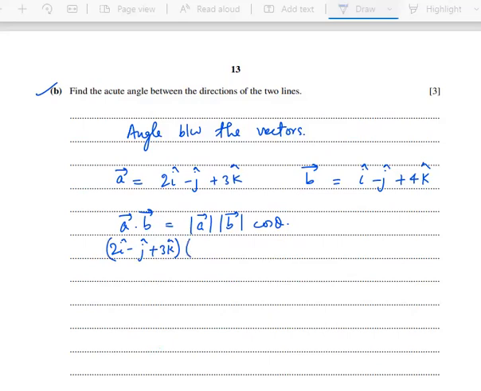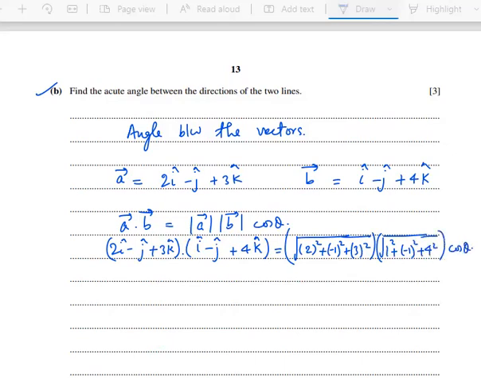Here 2i cap minus j cap plus 4k cap, this is the dot product, equals magnitude of a, which is the square root of 2 squared plus minus 1 squared plus 3 squared, times magnitude of b, which is the square root of 1 squared plus minus 1 squared plus 4 squared, times cos theta. All right, so 2 into 1 is 2, minus 1 into minus 1 is positive 1, 3 into 4 is positive 12,